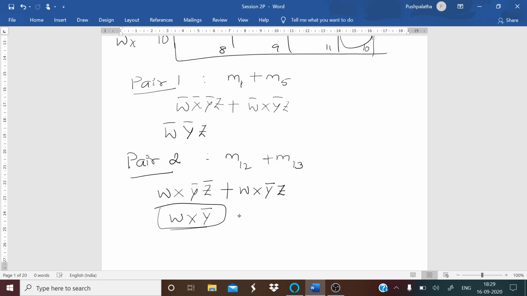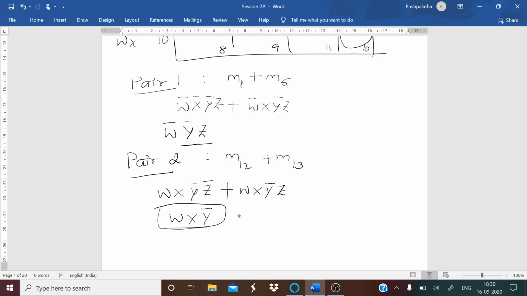Always remember, if you are using a 4 variable pair, in a similar way you will be having 3 variables as the answer. For a quad, 2 variables will be left out, so 2 variables will be removed and you will have 2 variables. In an octet, 3 variables will be removed and you will have 1 variable. So that is one way of verifying if you are right or wrong.